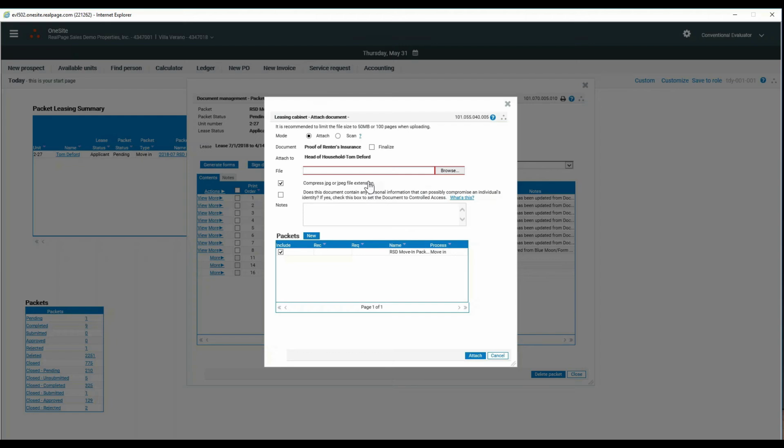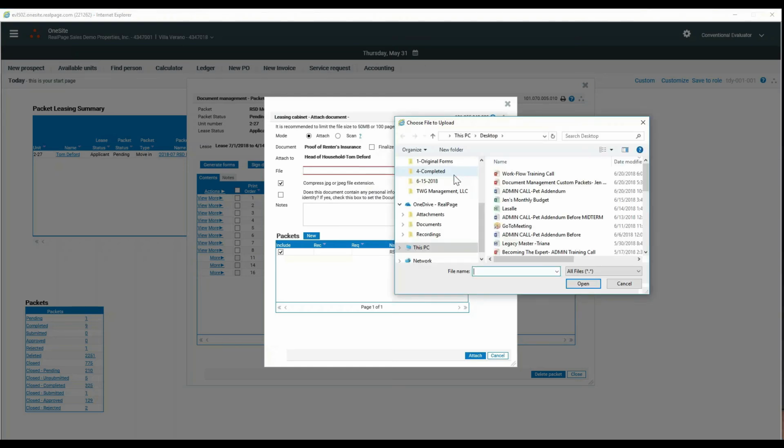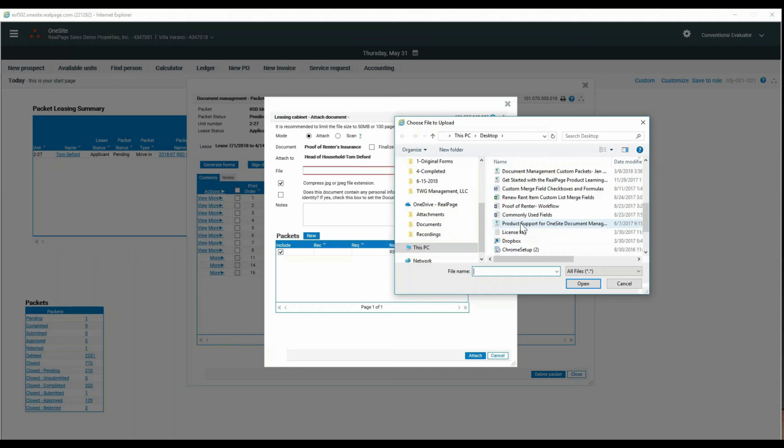So I'm the leasing agent and I've collected my proof of renter's insurance from Tom, and I just need to put it inside the packet so that my managers can review it. In that instance, I am not going to click the Finalize button. That means it will add it to my packet, but it will still have a red X out beside it until my management has reviewed it. So I'm going to go ahead and review